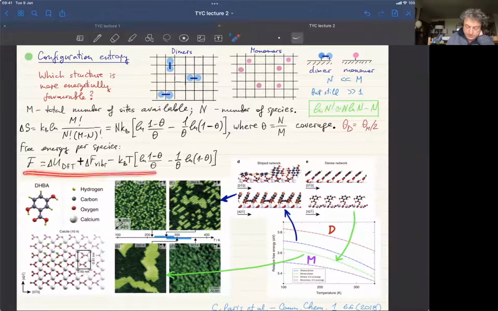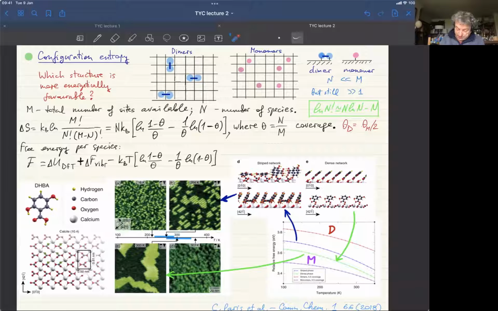So the total free energy would then be equal to the DFT energy plus the vibrational energy, as I described. And for these dimers and monomers, you also have the vibrational energy. You place in your calculation a dimer on the surface with some unit cell, and you calculate the total vibrational energy, and you subtract it from the vibrational energy of the surface itself, because you're interested in calculating this per dimer, the change. And you have this configurational entropy as well, and then you have these plots given. So you see this vibrational free energy comes as a contribution to some other terms, and that was very interesting to understand,